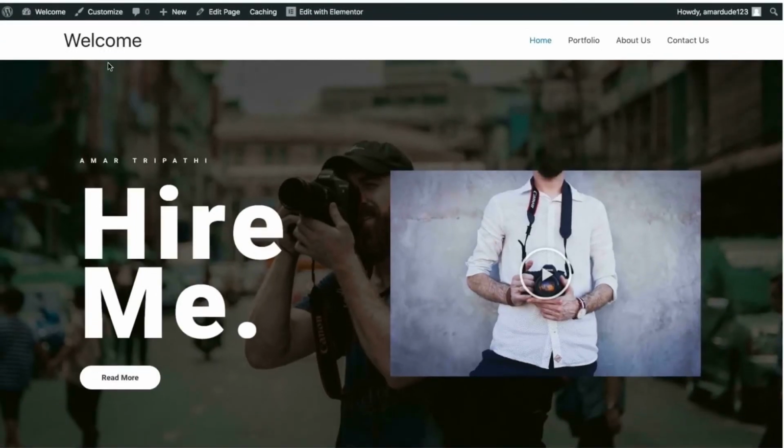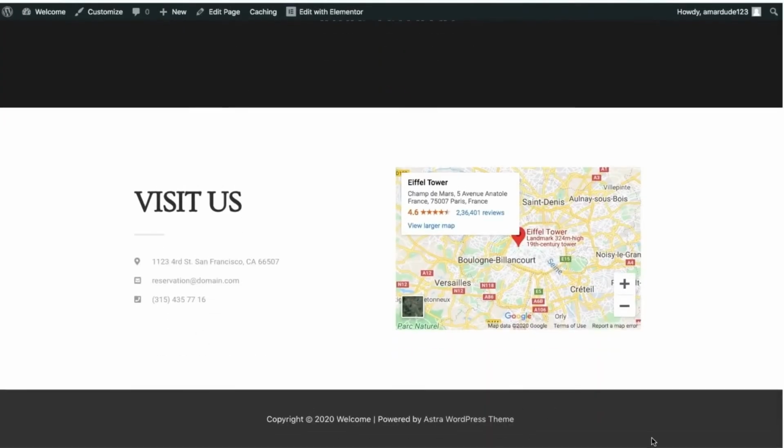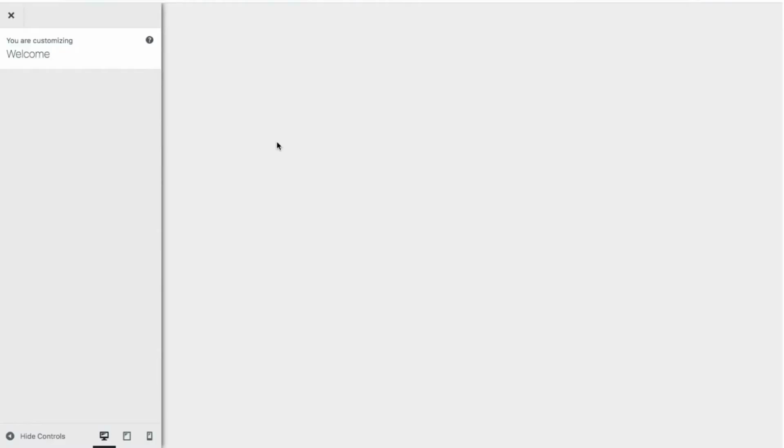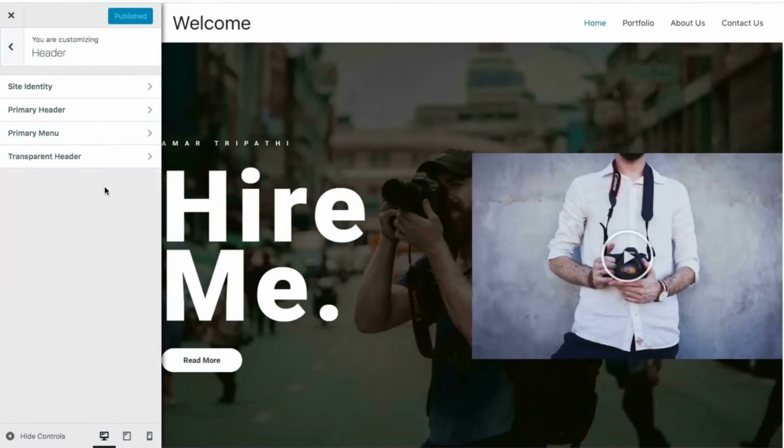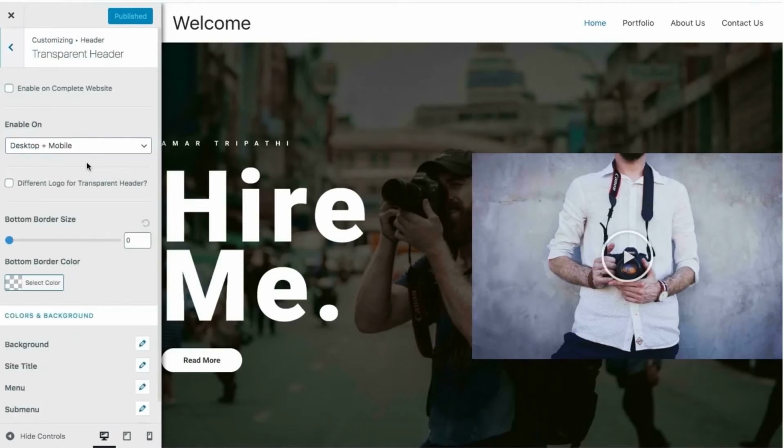Now we are going to customize header and footer. So let's get ready and be excited. Go to customize, click on header, transparent header, and let's enable